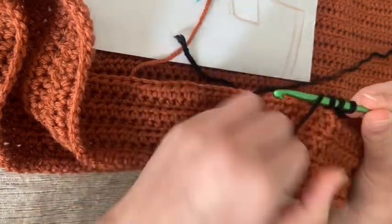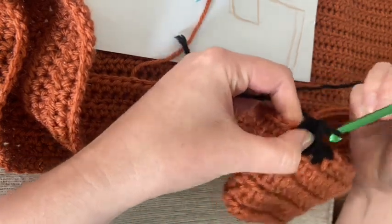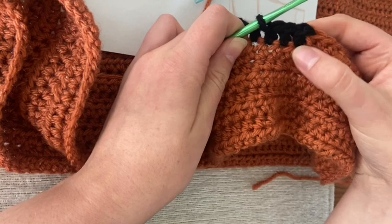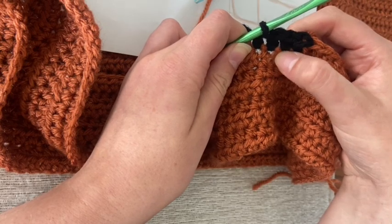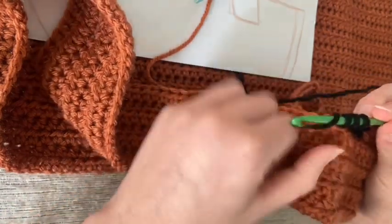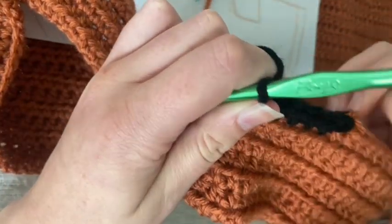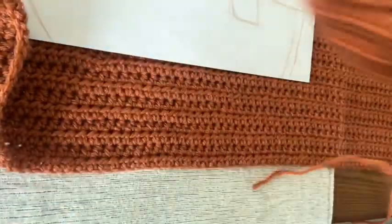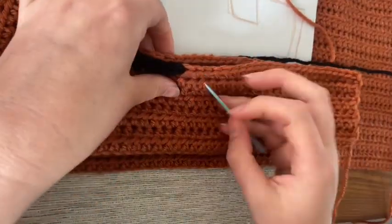right through here. Now if you want to be a perfectionist with it, I would recommend really planning out your stitches here, because if you see the top loop from the previous row, if you do all of those black, you'll definitely have a much flatter look to it. So there's that. We got that started. We're gonna tighten that a little bit so it's all nice and flat. And then to figure out where to end on the other side, we're gonna put this flat. I'm gonna move this for a second. Then I'm just gonna hook through